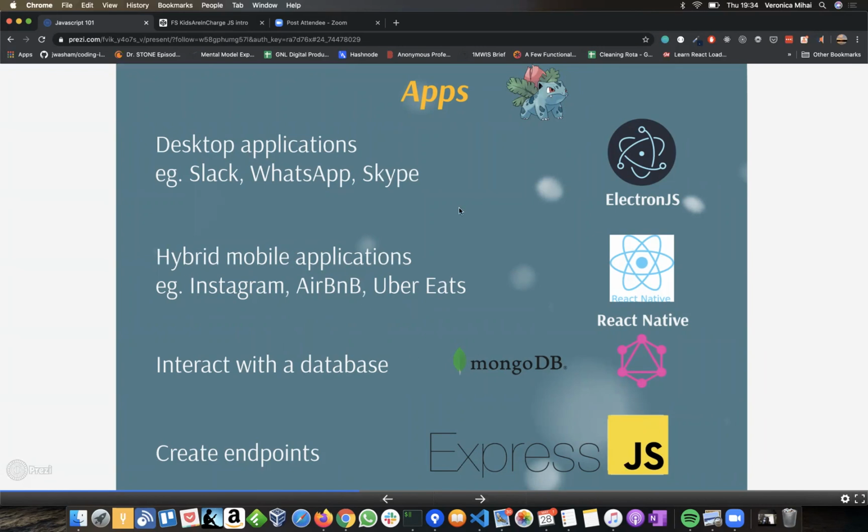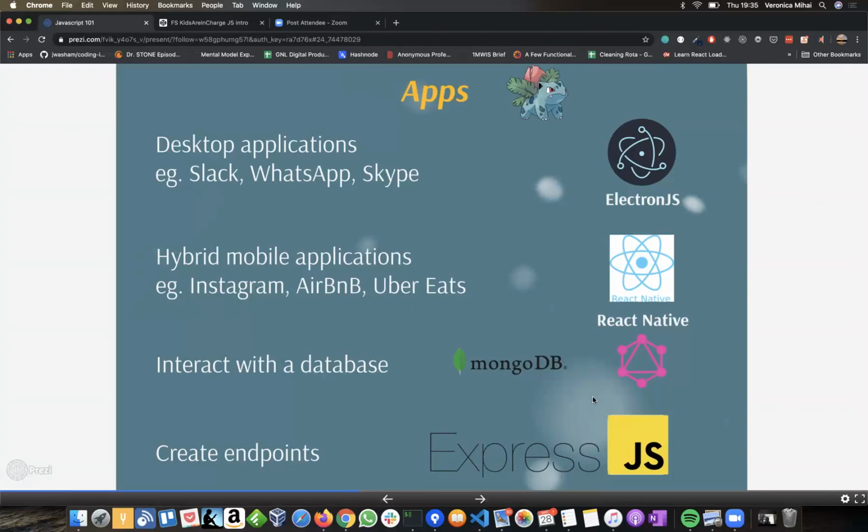And you can see here different frameworks that can be used with JavaScript. For example, Electron.js is a framework that can be used to develop desktop applications. React Native is a JavaScript framework that can be used to write mobile applications. It allows you, for example, to interact with notification systems on your phone, and also to capture the sensors from your phone. So if you have a gyroscope or some other sort of sensor on your phone, you can send this data to your web app through